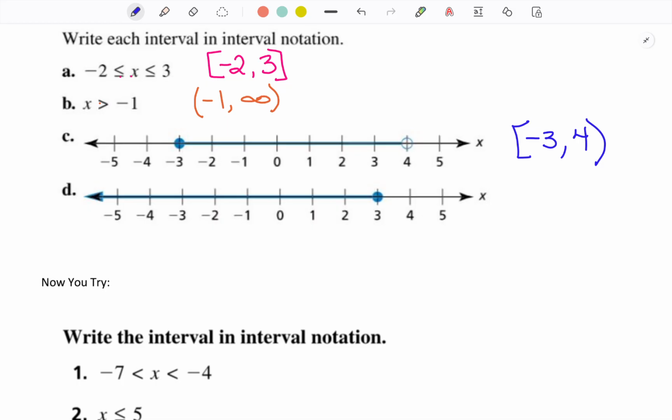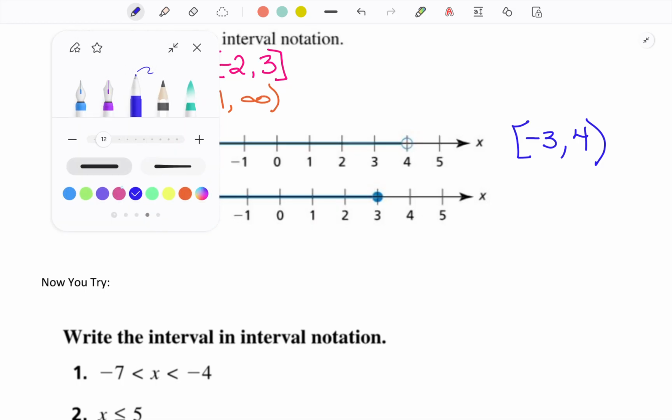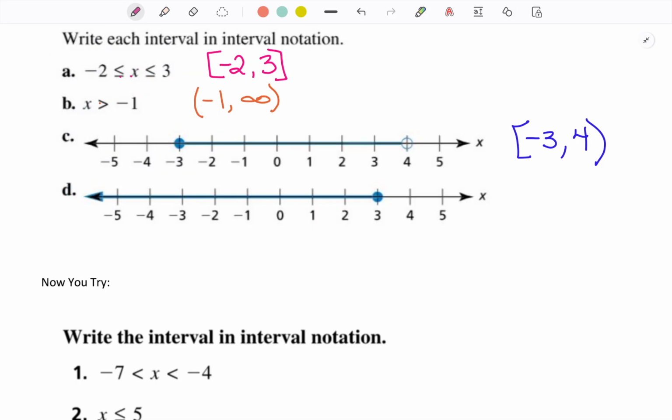And then for D, I go down forever. So I'm going to use a negative infinity and a parenthesis. Then we can go all the way up to a +3, and then that circle is included, so it gets